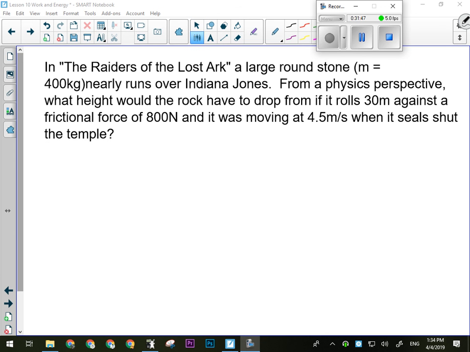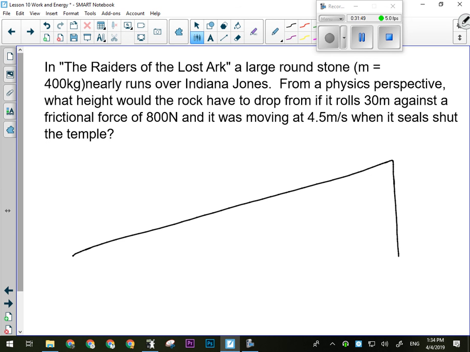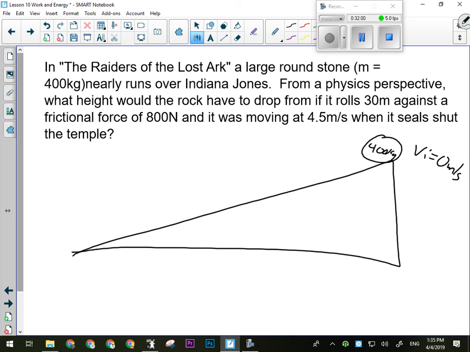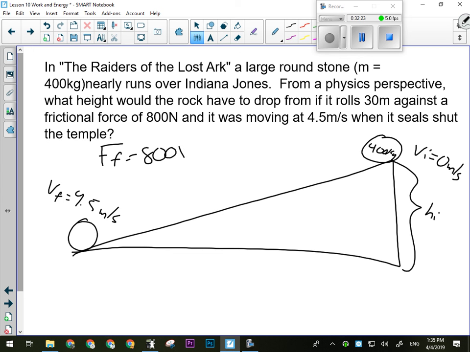So here's what we know. We are essentially dealing with this situation. We have a ramp. We have the stone at the top, 400 kilograms. We know its initial speed is 0 meters per second, and we're looking for how high it's going to fall from or roll from, whichever. And we know that when it gets down to the very bottom, its speed is 4.5 meters per second, and that the force of friction acts over the entire length of the ramp, which is